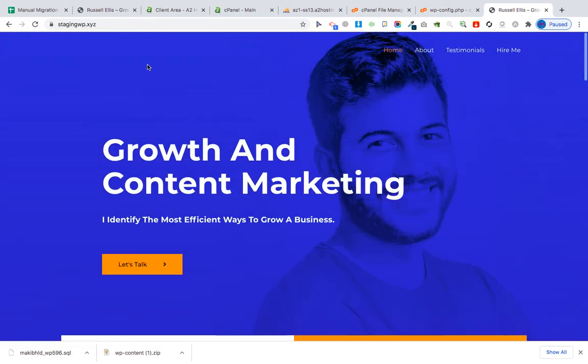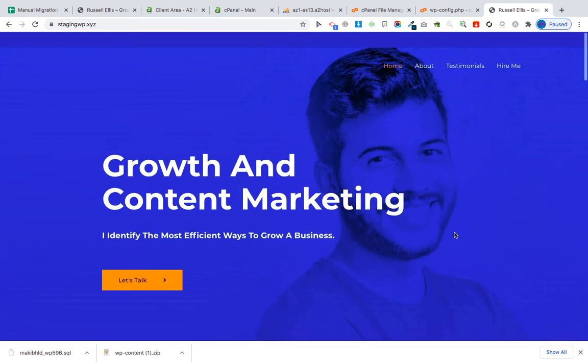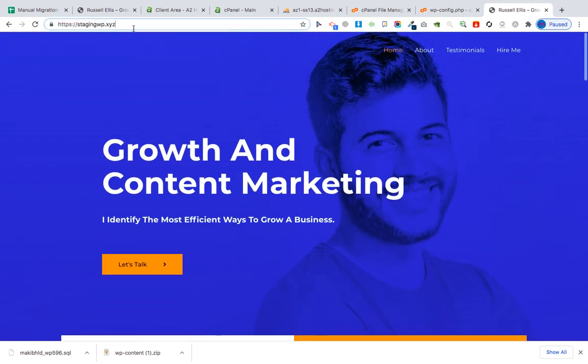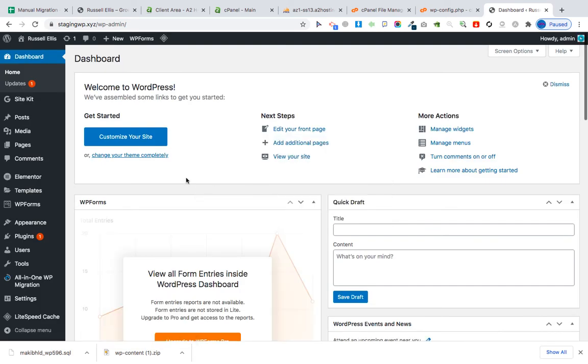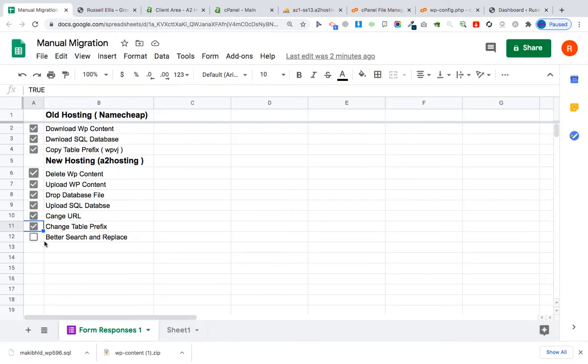now our website is migrated successfully, but still there are a few steps that need to be completed in order to make sure it works perfectly. Now just log into your website, and when you are logging in, make sure to use the logins of the previous website. Okay, now we are logged into the WordPress dashboard, and let's see what's the last step, and that is installing